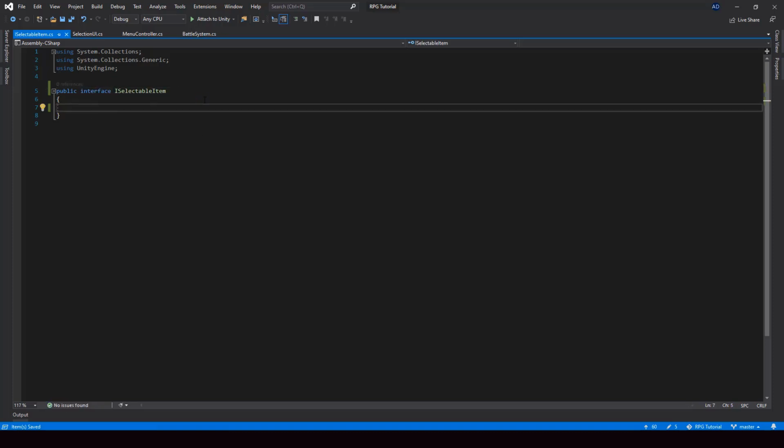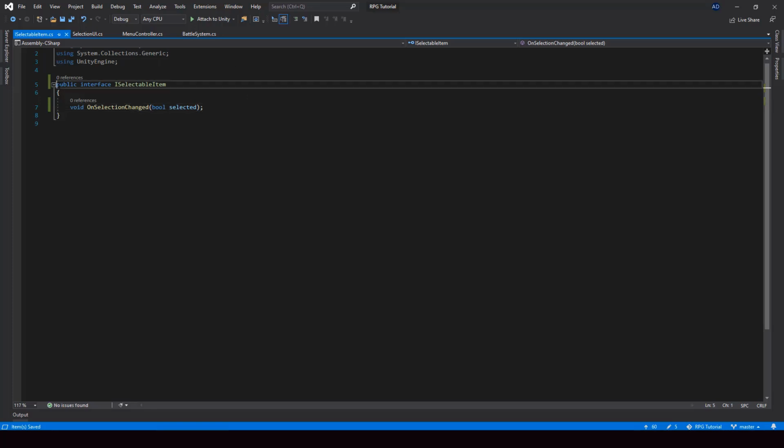And this interface will have a function called OnSelectionChanged, which will also take a boolean to indicate if this item is selected or not. Okay, so now we can make different classes that implement this interface,